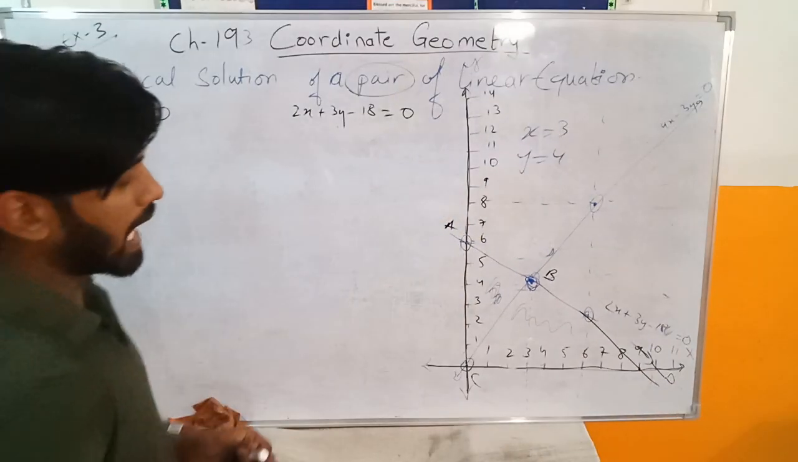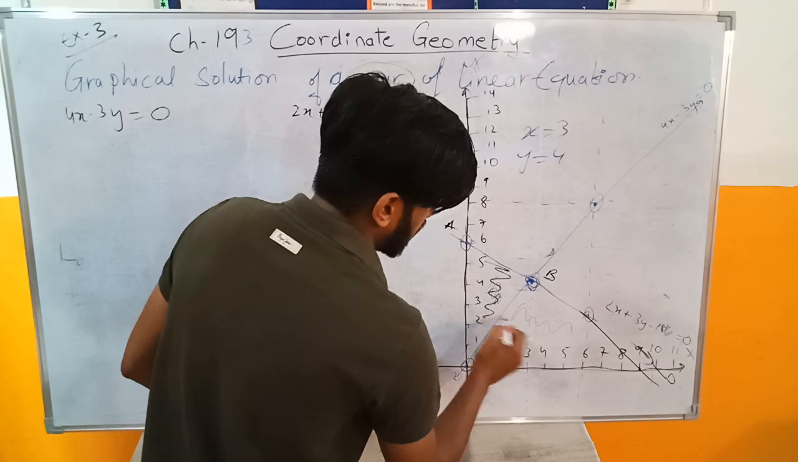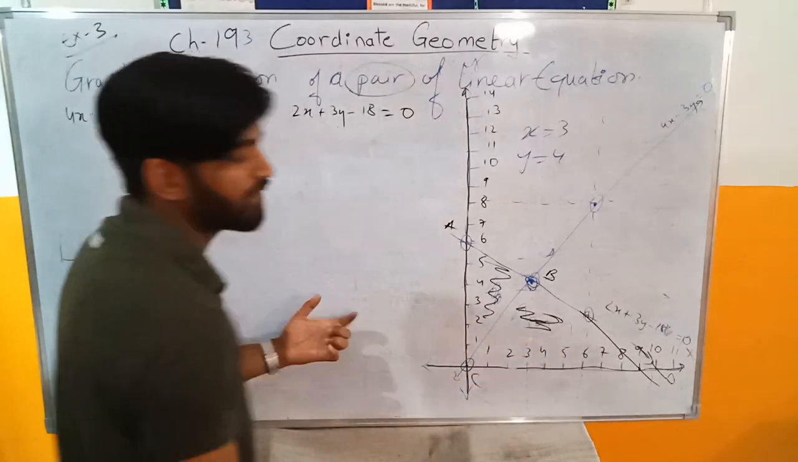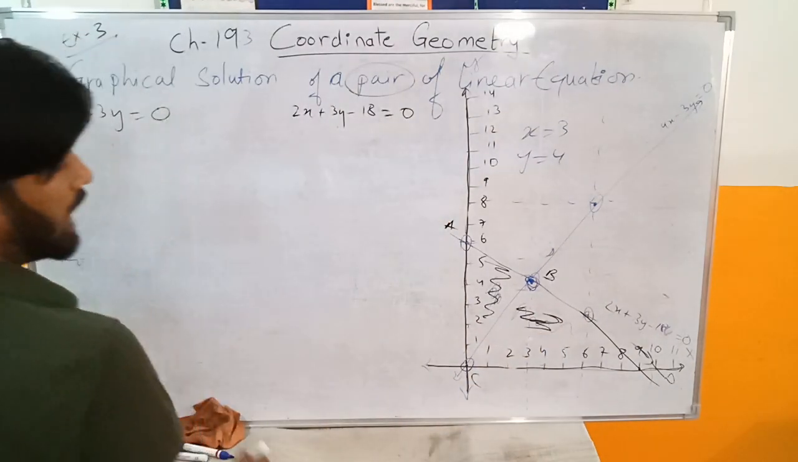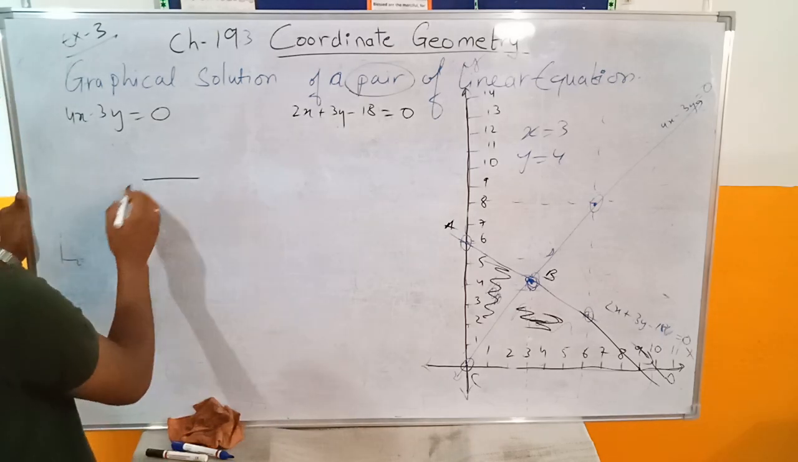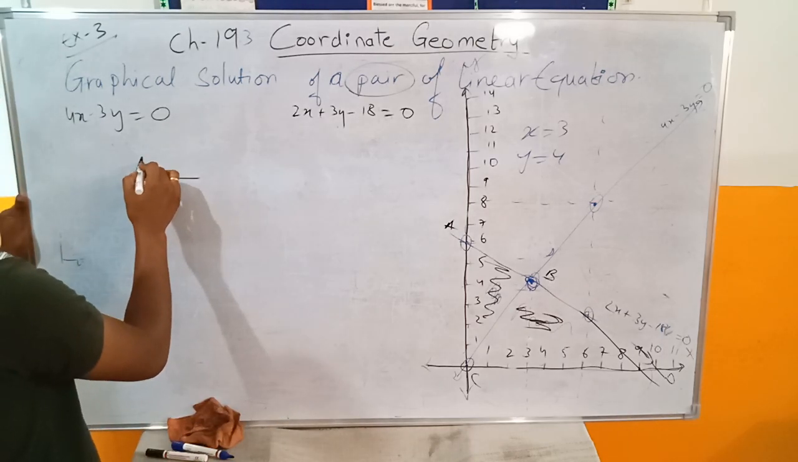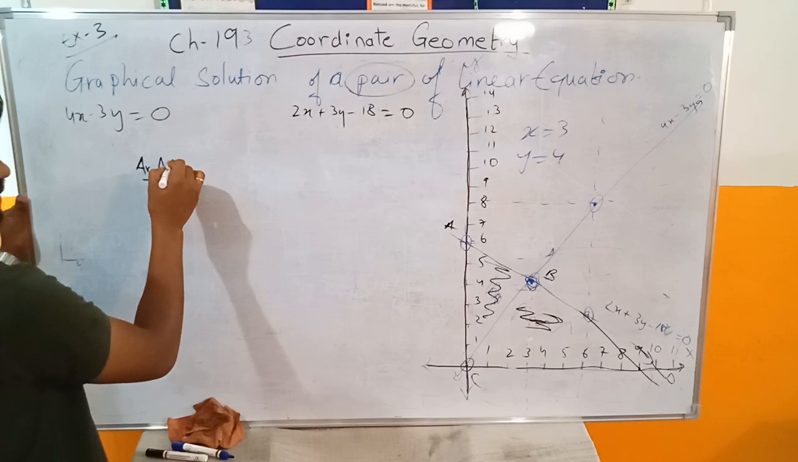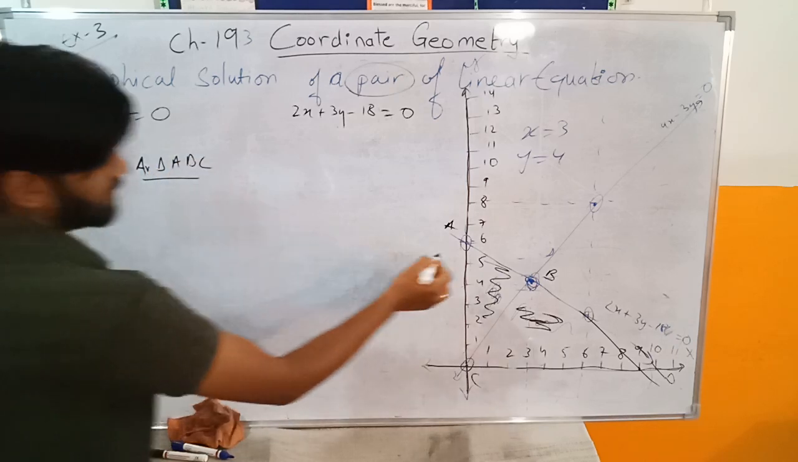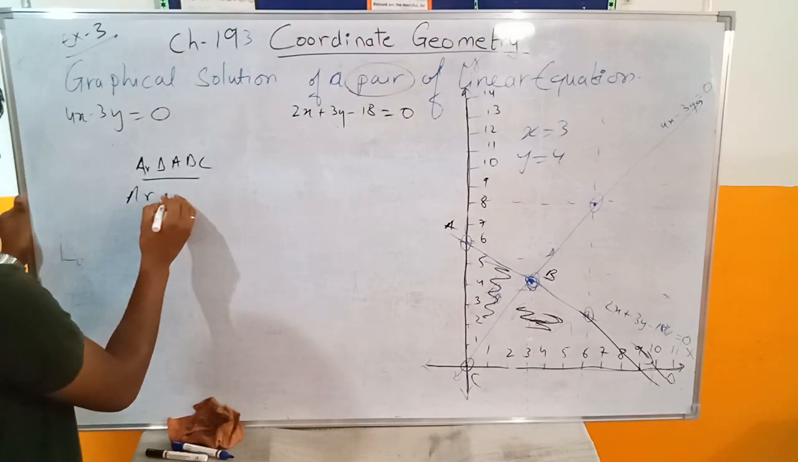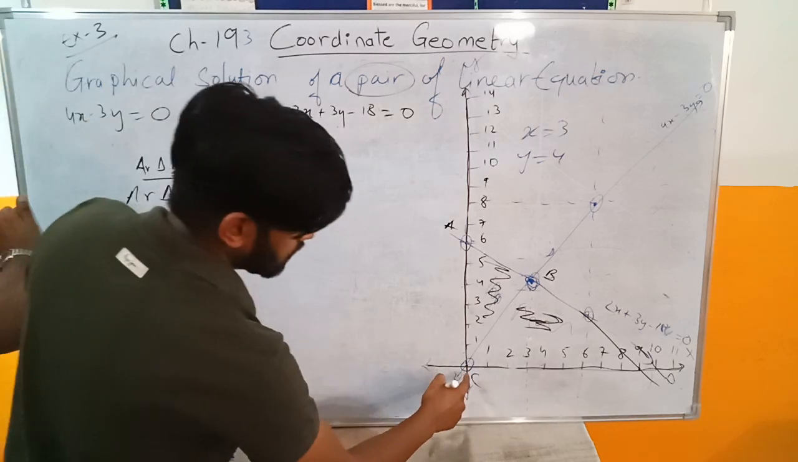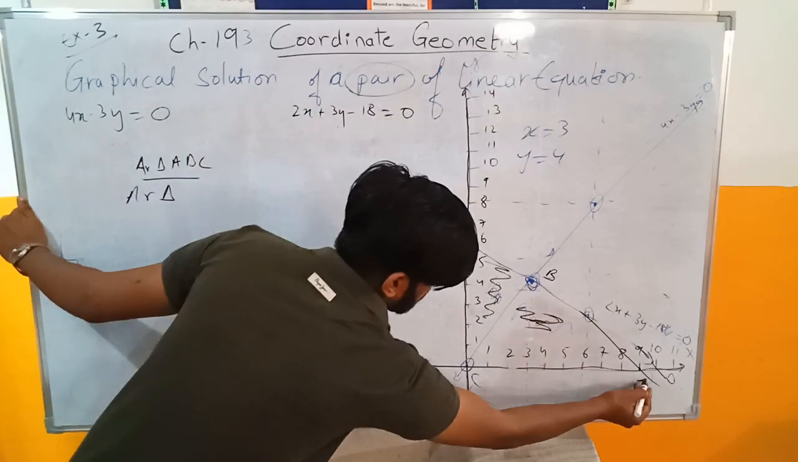Okay, so I have 2 triangles. One triangle is this, the other one is this. I have to find the ratio between them. So I am writing ratio between area of triangle ABC, that is this triangle, upon area of triangle CB, this is D. Okay,